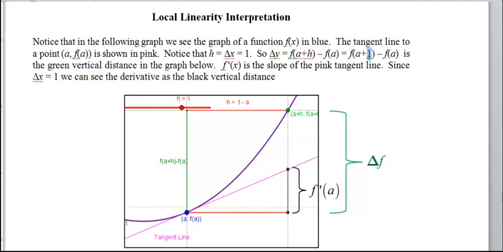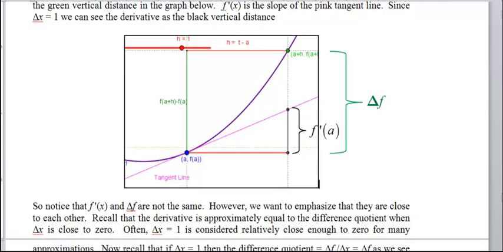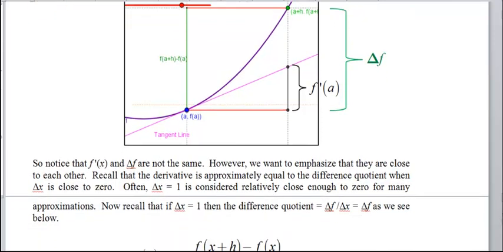And so that is that vertical distance. So I want to point out, first of all, that these two things are not exactly the same distance, right? When we go to the right one, we don't necessarily go up the same amount on the graph of the function as we do on its derivative. However, I want to also emphasize that these two things, even though they're not the same, are actually quite close